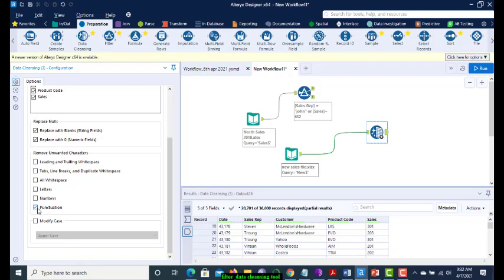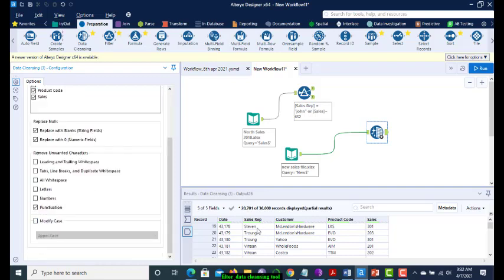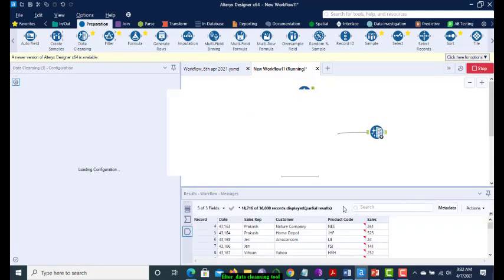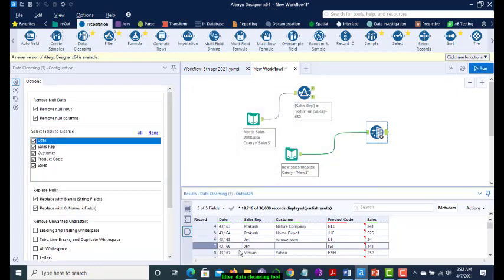For punctuation, whatever punctuation we have in all the columns will get removed, like in the 7th row, Jerry underscore, so the underscore will get removed.